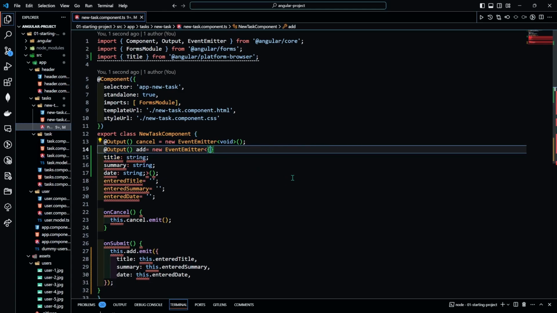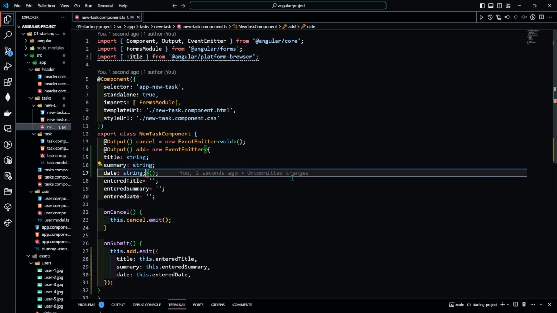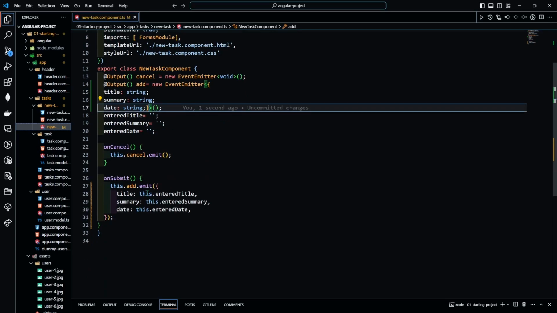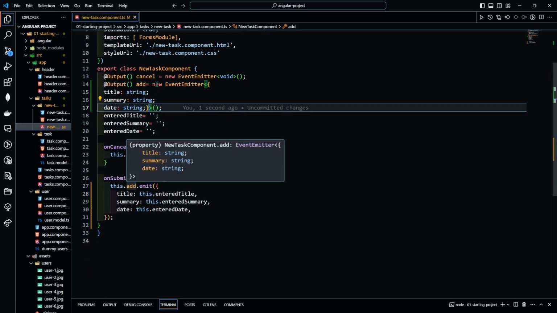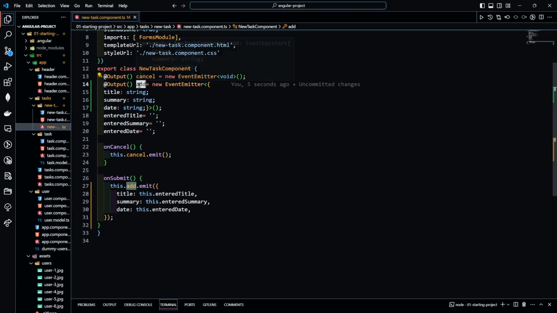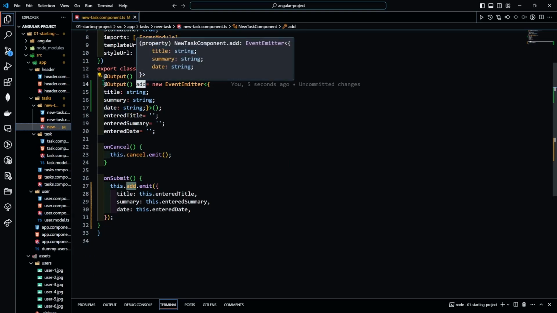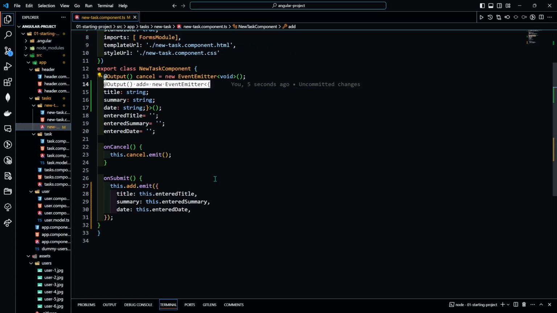It should take this object as an argument. Okay, now it will work. So you can see we are not getting any error here. We are calling this add property from this output, and we are outputting the data that we are saving here, and then from here